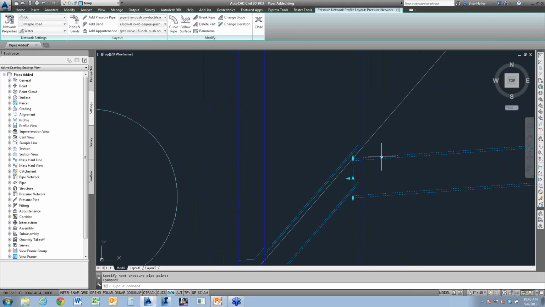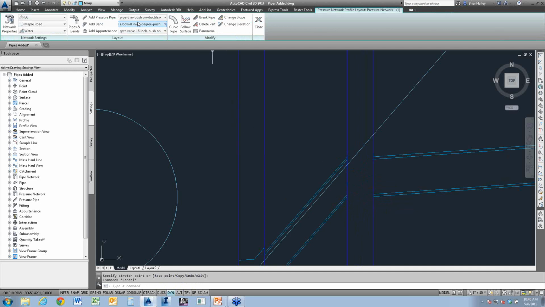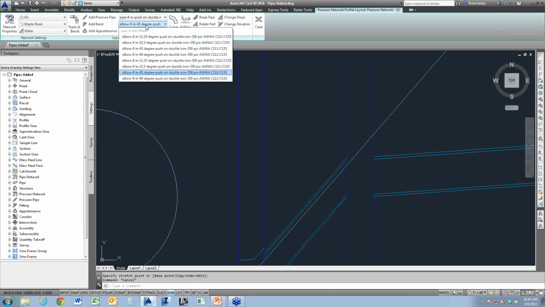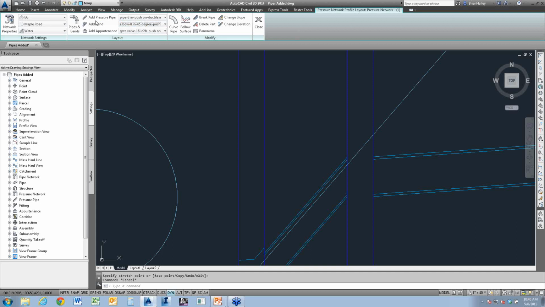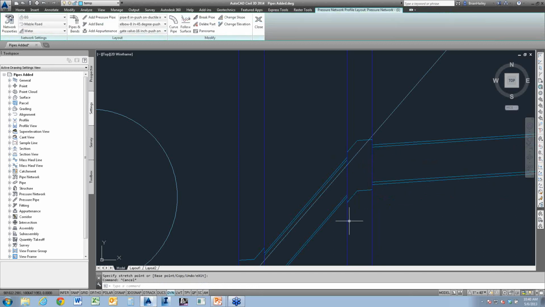So basically I'm going to pull these pipes back, and I'm manually going to put in my own fitting. I'm just going to put in an 8-inch 45-degree bend. I'll add my bend. Where do I want it? I want to add it to the end of this pipe here. In which direction is it going? Is it going to go up or is it going to go down? In this case, it's going to go clockwise. So I choose clockwise. It puts in my fitting. And now I can connect this pipe to this fitting, and I'm good to go.